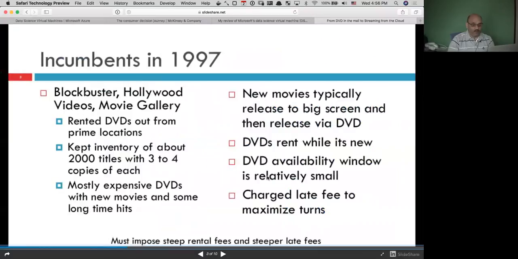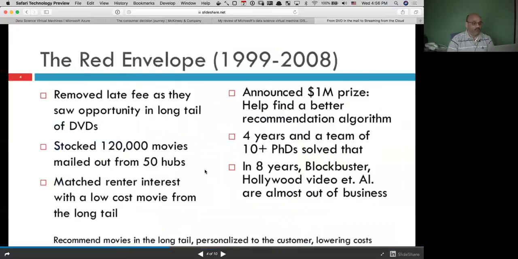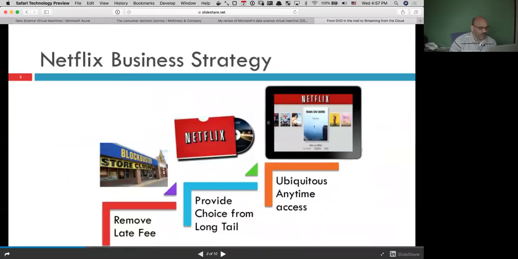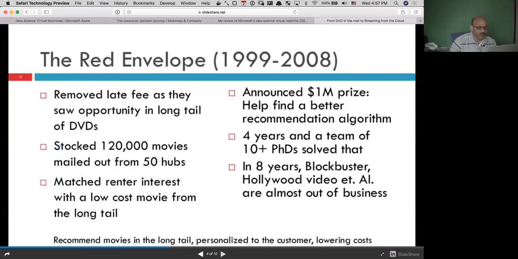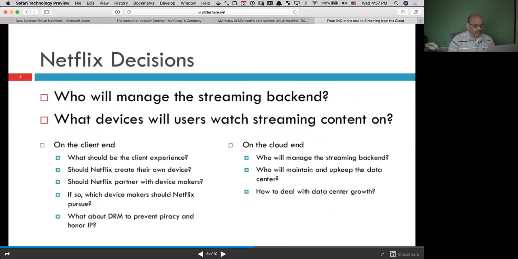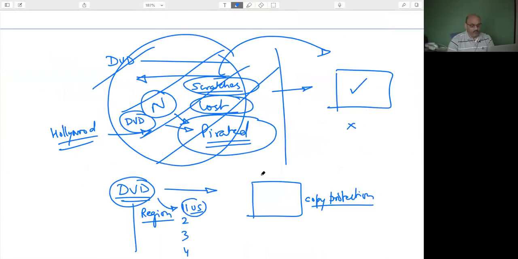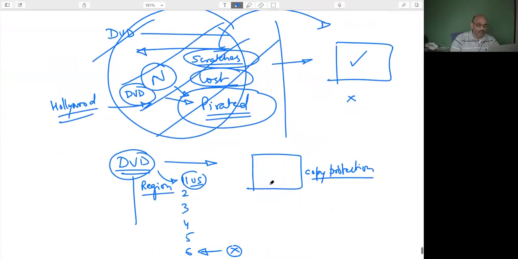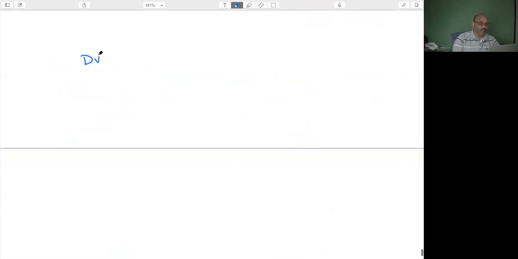So if you now look at the situation, you have to somehow find a way to get rid of the... let me get to the exact piece of picture I wanted to show you, which is not here. Where is that? Okay. So what I would like to now mention is this idea that if you want to switch away from the DVD business over to a situation where people are able to watch streaming video,